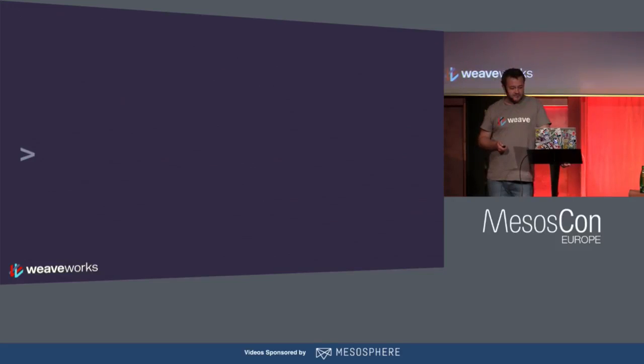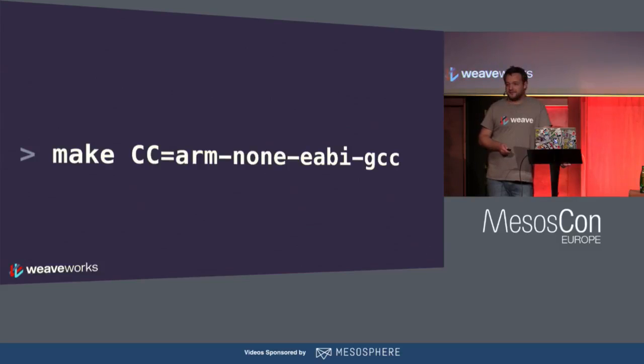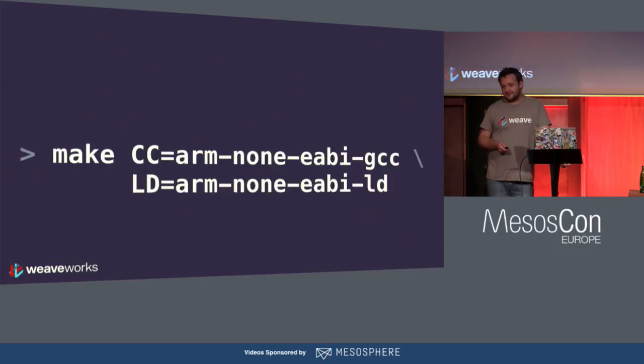What you would often end up doing, because they wouldn't normally use automake or anything like that, you'd just use make, and you would specify CC, and then you go and check which one, what's the flavor of GCC that you're going to be using today. And I had multiple of those installed. A package management problem again, right? So yeah, it would be something like that. And then sometimes you'd get a linker error, so you've got to specify LD as well.